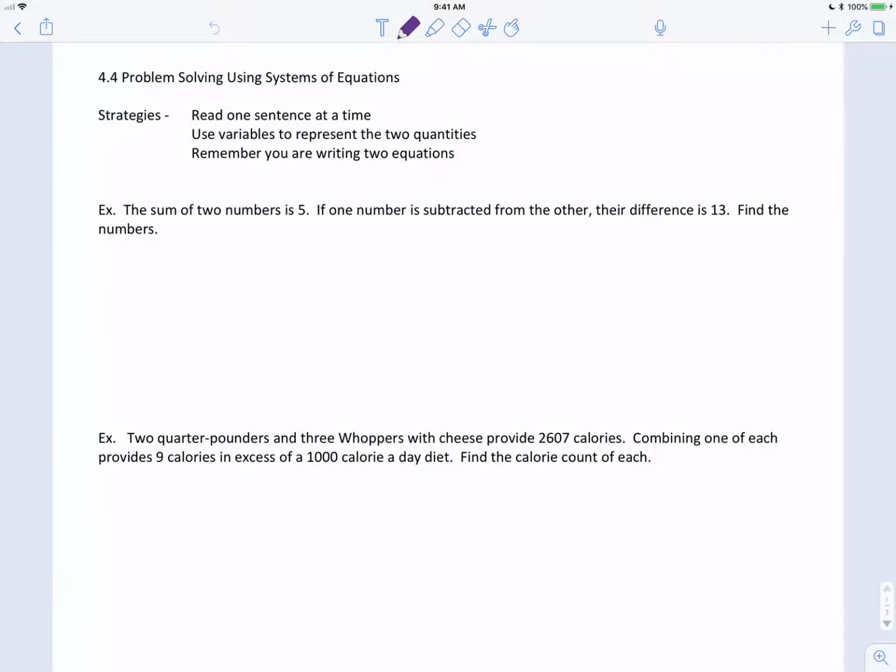Okay, we're going to throw all these system of equations together. We're going to use some word problems to try to write our own systems of linear equations and then go solve them. So I know word problems sort of scare us, so I'm giving you one of my best jokes